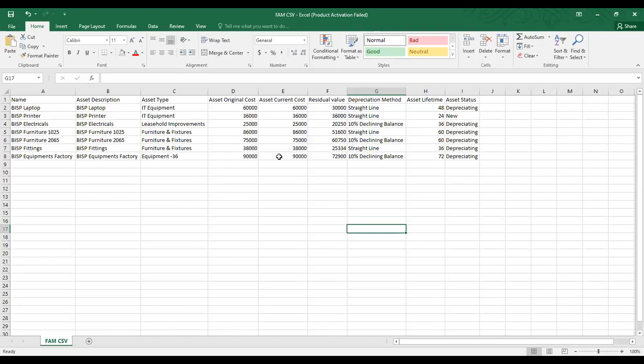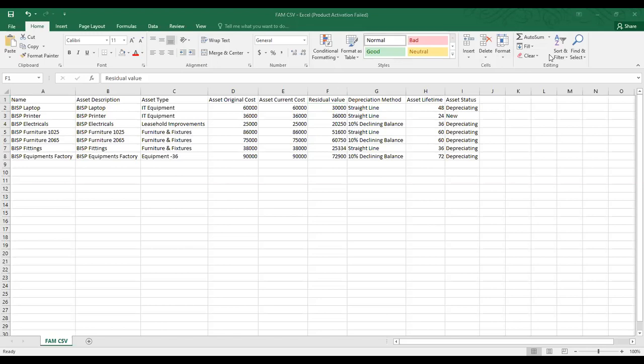So these are the certain fields that I have specified into my file, out of which name, the asset type, original cost of the asset, and the residual value of the asset. These four fields are the required ones. The rest you can actually specify once you have imported the CSV records. You can go on to the asset and edit the other fields that are there. Only the name, asset type, original cost, and the residual value are the required fields into the CSV file when I am importing it into the NetSuite application.